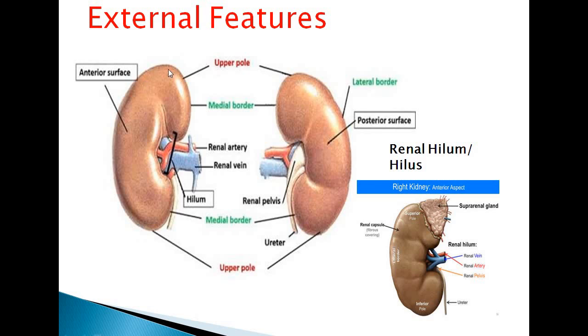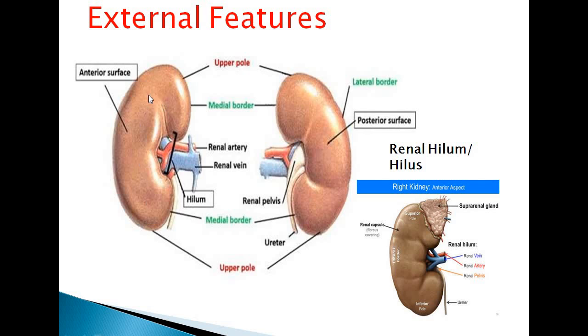to the midline. The lateral border is soft and convex, whereas the medial border is convex in the upper and lower parts, presenting a concavity in between. This is the hilar concavity, where the hilum of the kidney is situated. The hilum is the place where entry and exit of blood vessels occur. Along with that, there is also transmission of the renal lymphatics, nerves and the perinephric fat. So at the hilum of the kidney, the structures are the renal vessels along with the renal pelvis, the renal lymphatics, nerves and the perinephric fat.